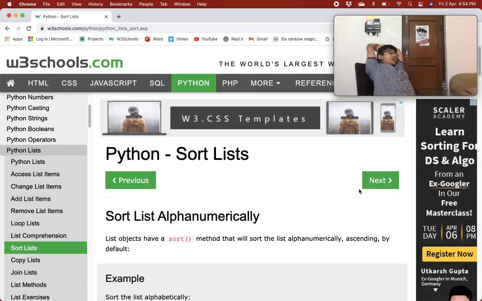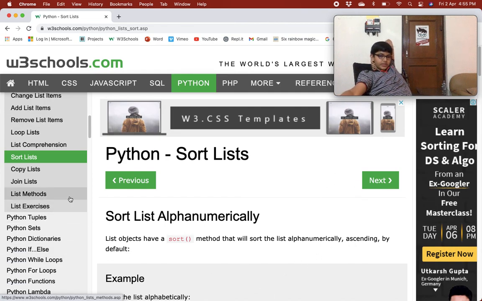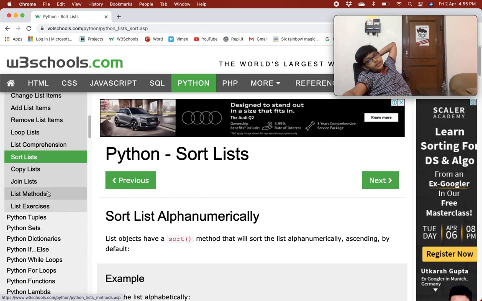I'm very tired. Basically, after the sort lists, we would have these two main chapters, and then finally we are done. Then after list methods and list exercises, we are done. I need a short stretch.